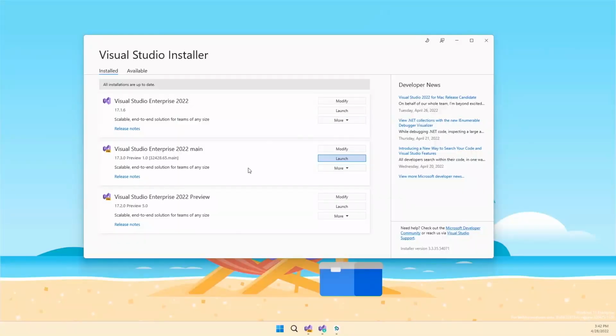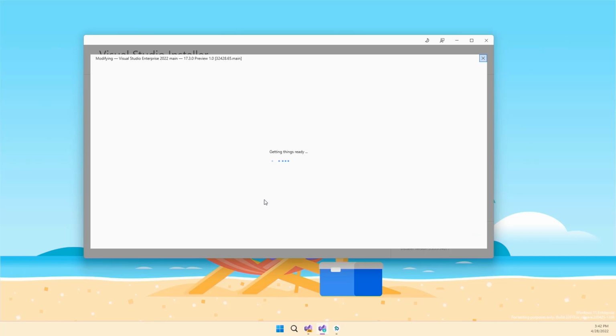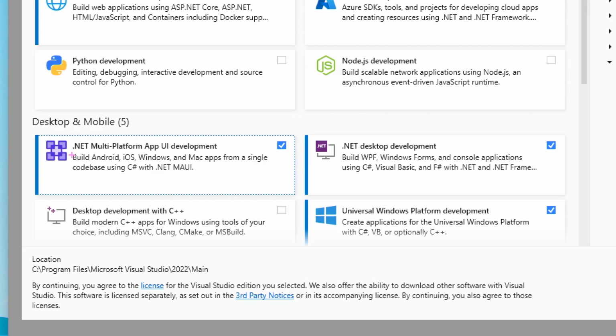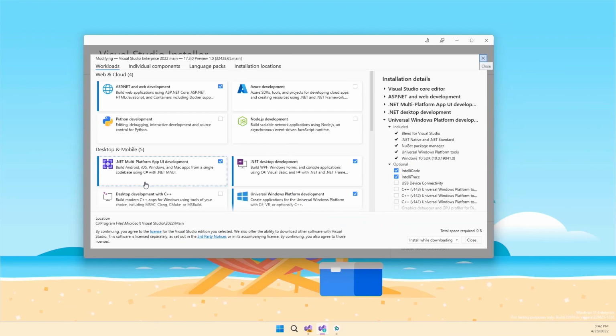Thanks, Tim. Let's take a look at how you can get started right now with .NET MAUI development. So first and foremost, you want to be on the preview version of Visual Studio. And if you go to Modify or when you're installing it for the first time, either way, you are going to want to check off the .NET Multi-Platform App UI Development Workload. That's us. That's MAUI. And that has everything you need to get started with your mobile and desktop app development